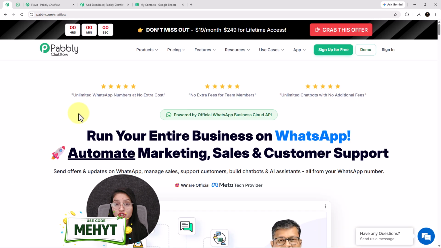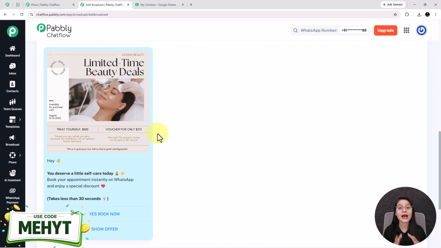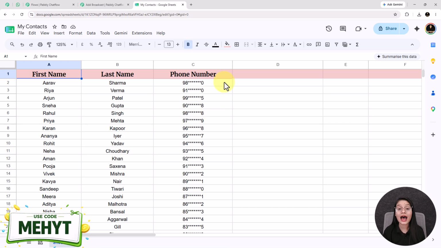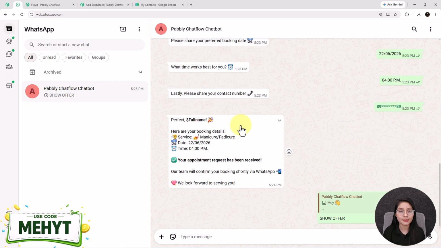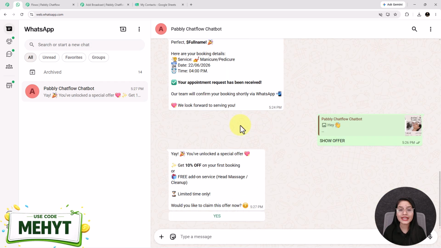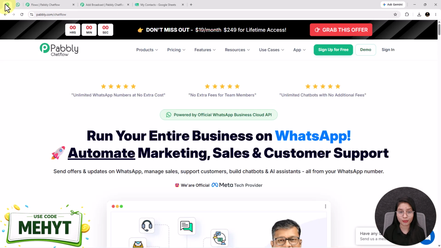Chatflow. With Pabbly Chatflow, you can send attractive WhatsApp broadcast templates to more than 1,000 users with just one click. And the moment a customer interacts with those messages by clicking a quick reply button, an automated chatbot immediately takes over the conversation and guides the customer based on their interest. This means you can promote your business, engage your audience, and provide support automatically, all from one platform. So let's jump into Pabbly Chatflow and see how businesses are using WhatsApp automation to scale their sales and support